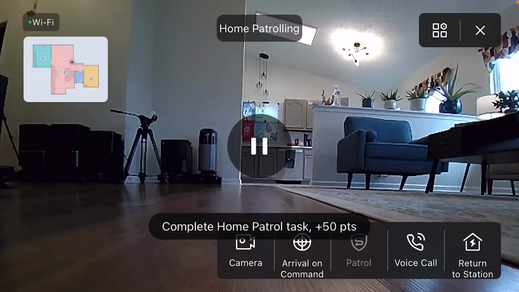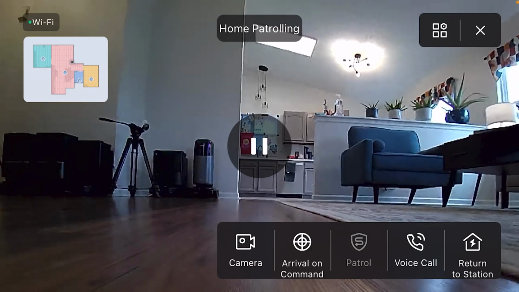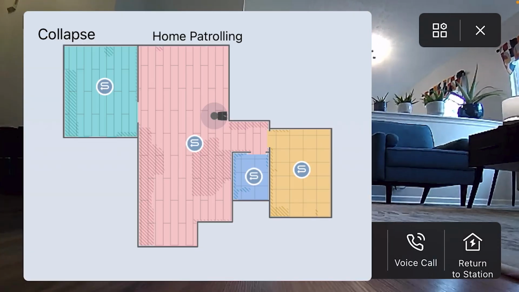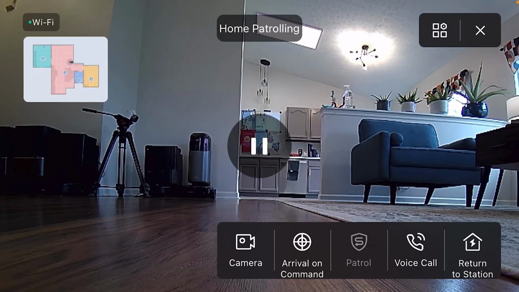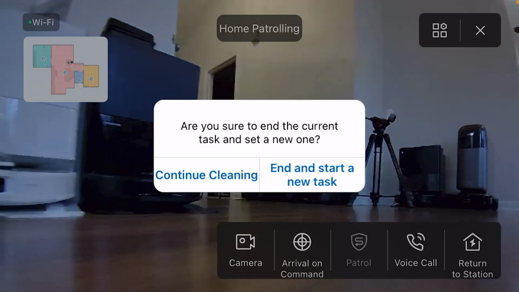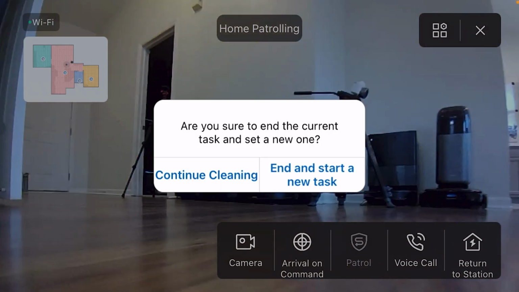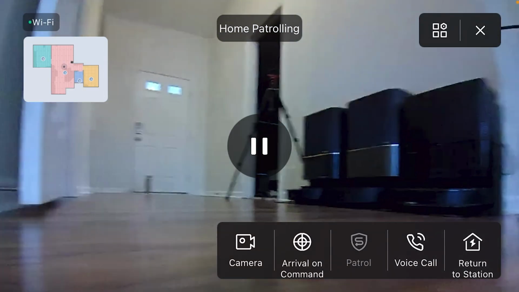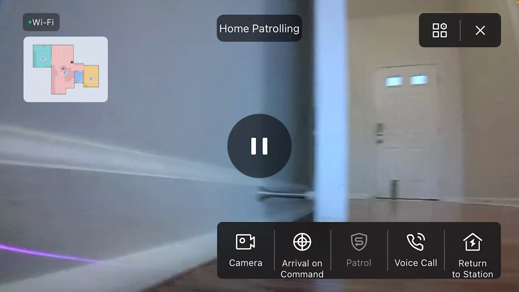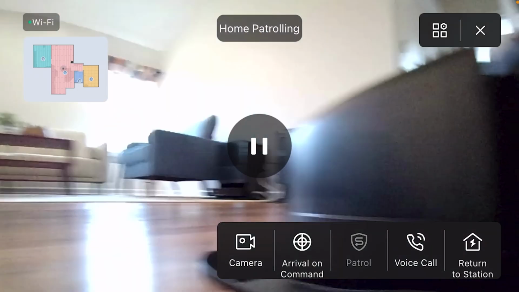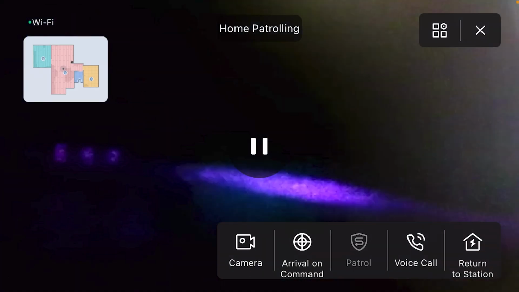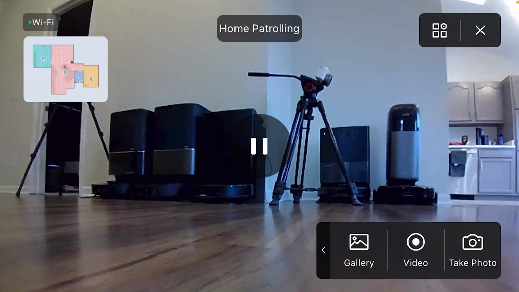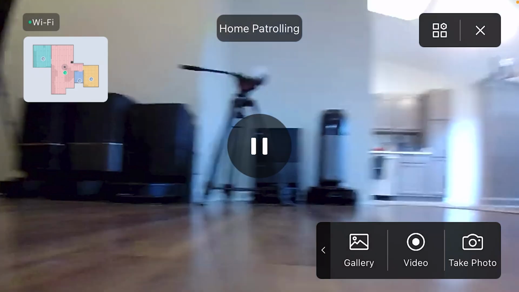Then we have patrol options. So it's going to patrol all around to those points that are already set up on our map right here. So that's what it's going to do right now. 4 different patrol areas. And then we also have arrival on command, which this is just going to be the map, and you put one spot on there, and that's where it's going to go. So you have either option, patrol, or basically one at a time, like a pin and go setting there. And then we have our camera option here, where we can take photos or videos or view our